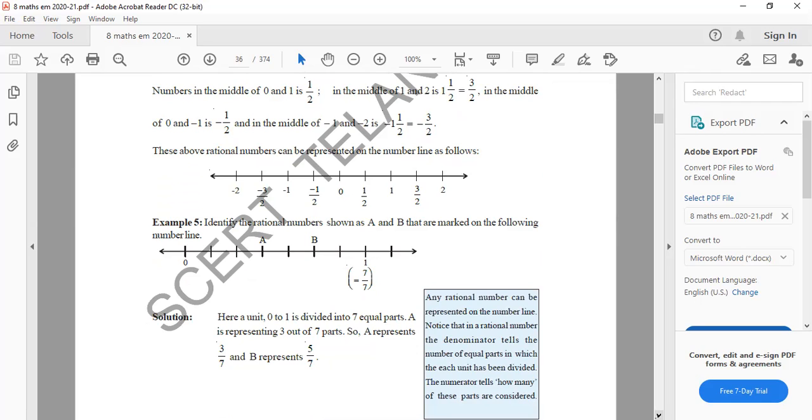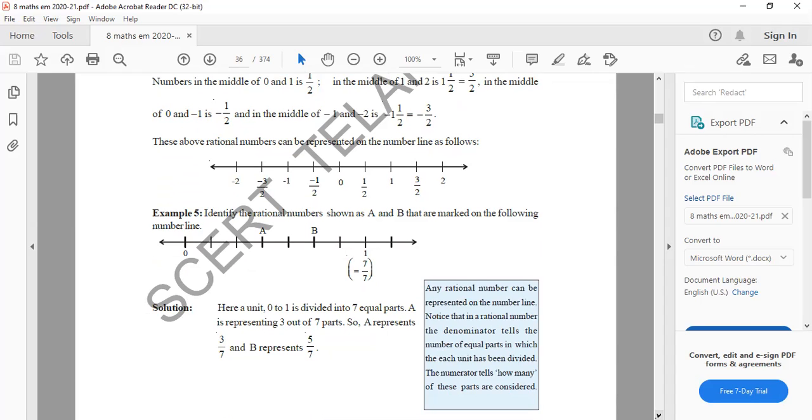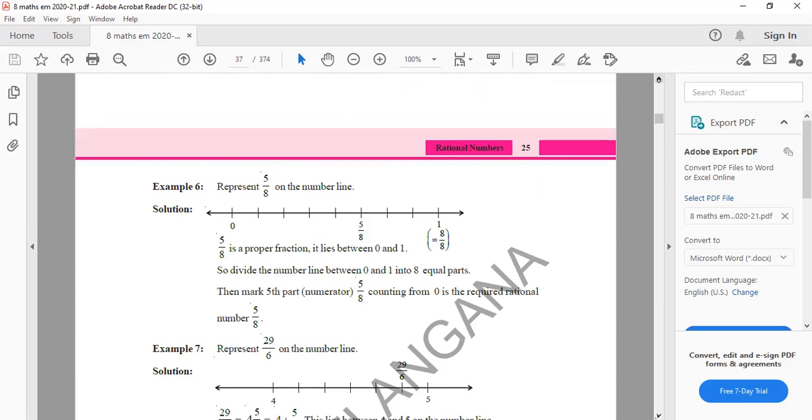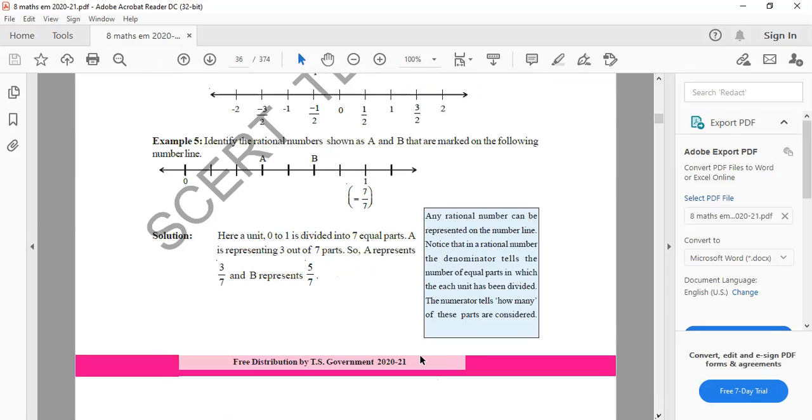We can do it out. It's very simple. 0, it is 1. So the parts is 7 by 7. Okay. If you want to see, I'll try to explain this example. Looking into example 5, because from the example problem you can understand now. Okay, let us see that deeply. Here it is 0. Here they mentioned it, it is 1. They already mentioned it in the question.